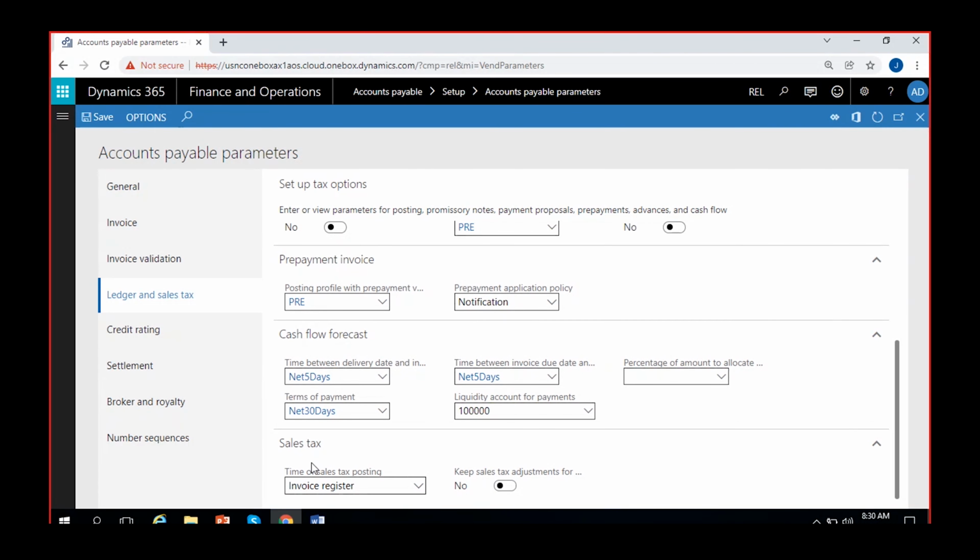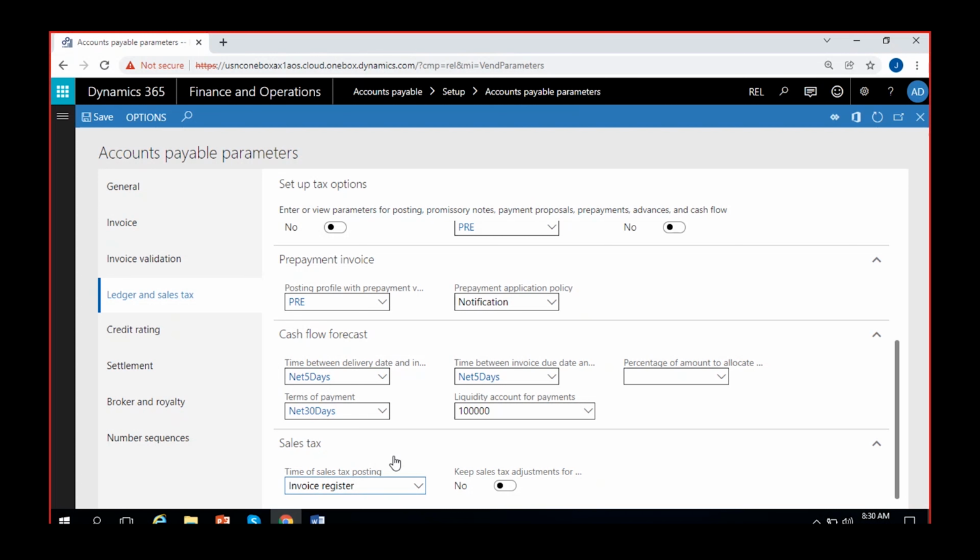And you have sales tax calculation. So we have a process called invoice register and approval, where sales tax is accounted during the invoice register process or approval journal process. That's what it is asking. It is only for the people who use the register and approval process. We'll see it someday if we have time, but most of them will not follow that